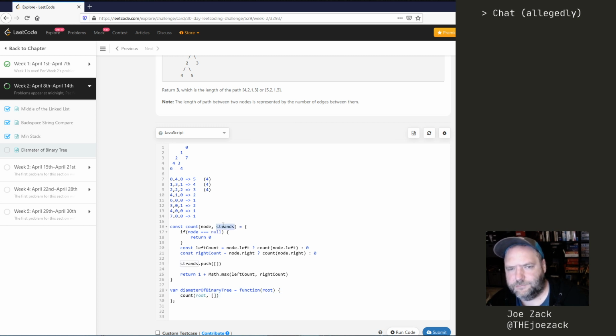No. Diameters. Okay, I think this is it. So diameters we're going to push left count plus right count. All right. Okay, so at the end of this,